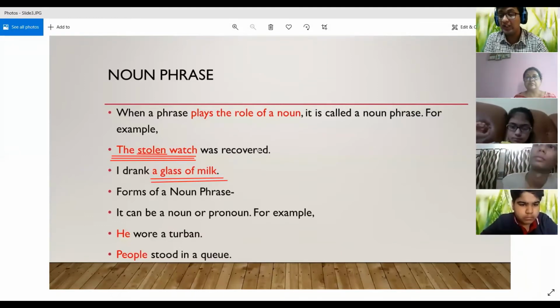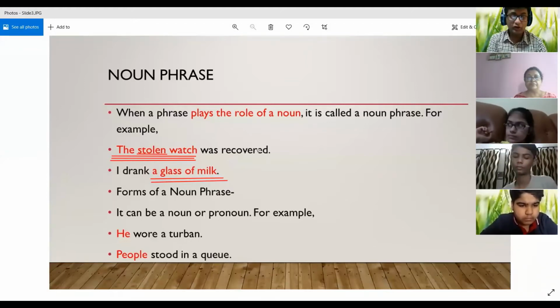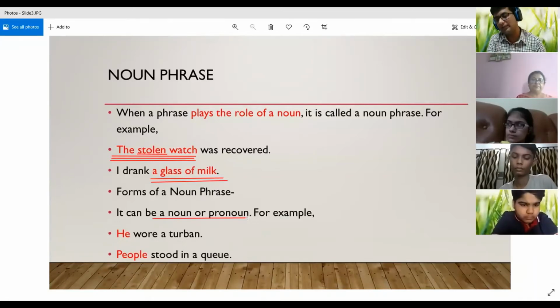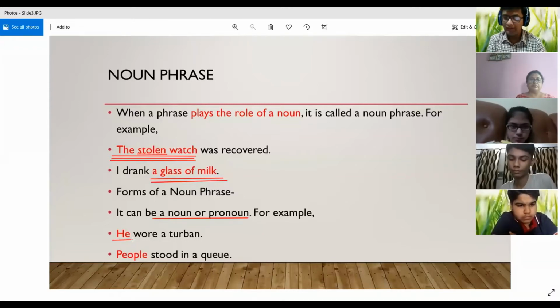Now we are going to see in how many ways, in what forms, a noun phrase can take. It can be a noun or pronoun. So even a single word, a noun or a pronoun, can be called a noun phrase. For example, he wore a turban. So only the word he can also be called a noun phrase. Or people stood in a queue. So over here, people alone can also be called a noun phrase. So a single word, that is a noun or a pronoun, can also be called a noun phrase, because